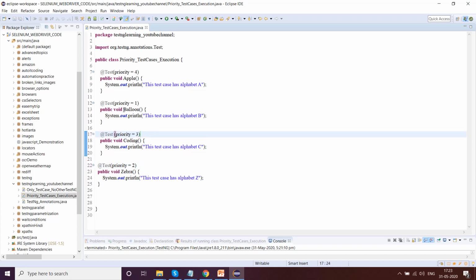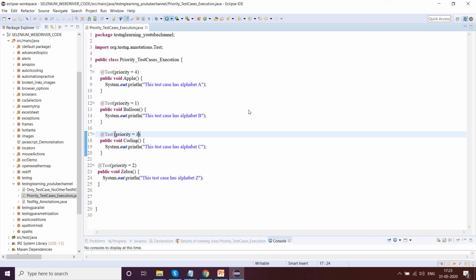Now what will happen is, in the previous example we just gave balloon a priority and the rest we did not. Then the one which you gave priority equal to 1 became priority number 4, because the others you totally ignored. So if you want to set up priority for execution of test cases, you will have to enter all of them. Otherwise it will again follow the alphabetical concept of execution of those test cases. So you have to keep this in mind.